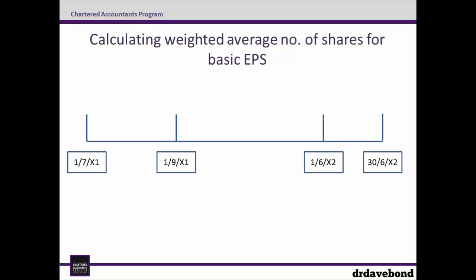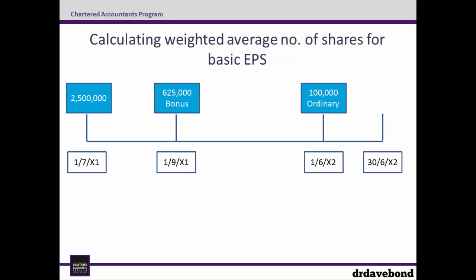Let's set out the timeline for this example. At the start of the year, there were 2.5 million shares outstanding. On the 1st of September X1, there was a 1-for-4 bonus issue. Based on 2.5 million shares, that's an additional 625,000 shares issued. On the 1st of June X2, an additional 100,000 ordinary shares were issued, which means at the end of the year, there were